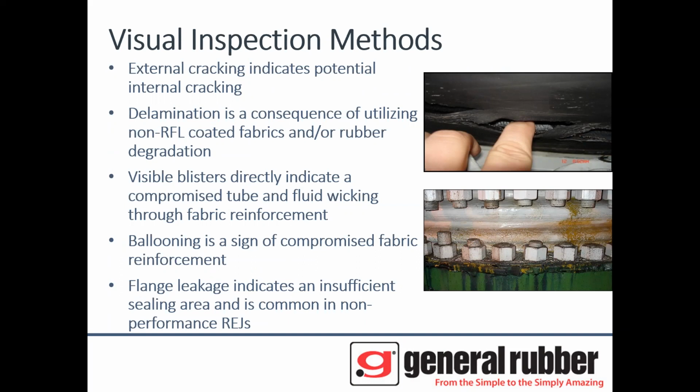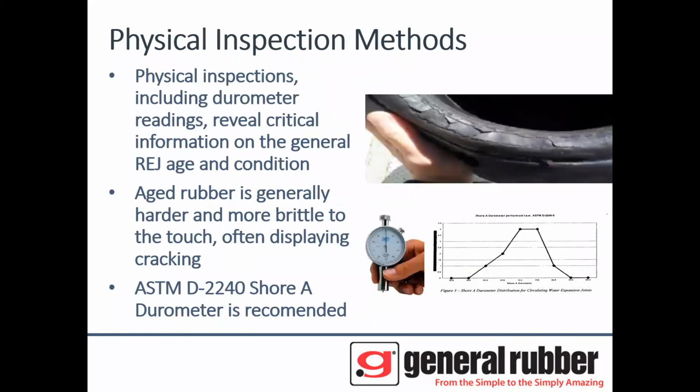Delamination is a consequence of utilizing non-performance, non-RFL coated fabrics. Visual blisters indicate a compromised tube and fluid wicking through the fabric reinforcement. Ballooning is even more serious and is a sign of compromised fabric reinforcement. And flange leakage indicates an insufficient sealing area and is common in non-performance expansion joints. Physical